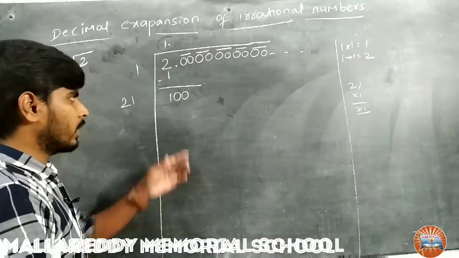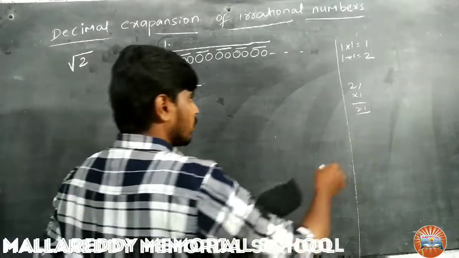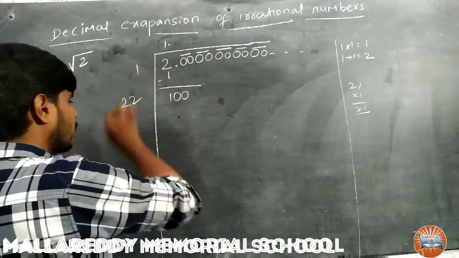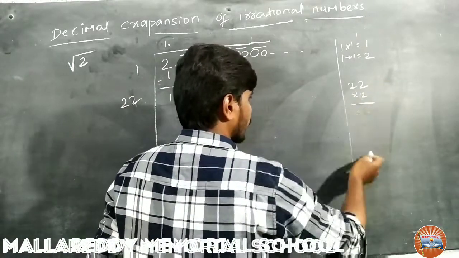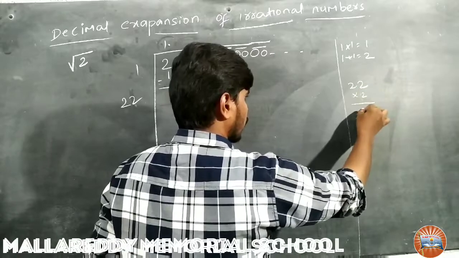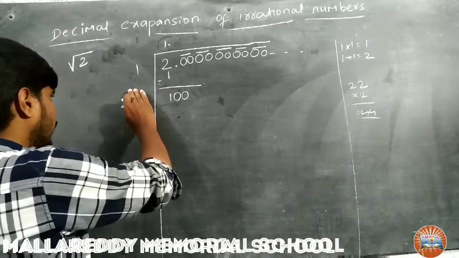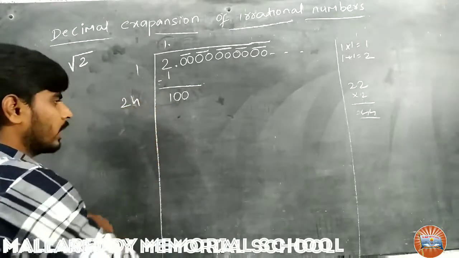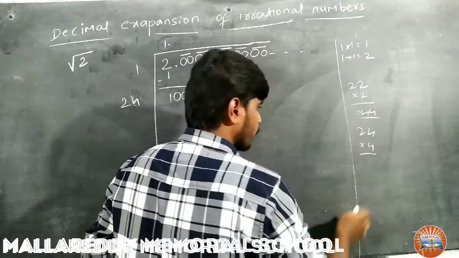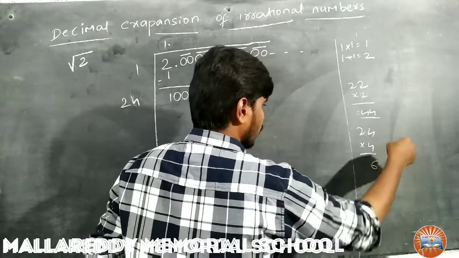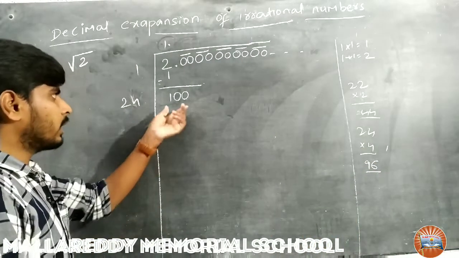21 is very much smaller than 100. We have one more possibility here. Suppose I take 2 here, we multiply with 2. 2 fours are 8, 2 twos are 4, 44 it is. We have another possibility. For example, if I take 4 here, 24 into 4 we have to multiply. 4 fours are 16, 1 carry, 4 twos are 8, 9. It is 96. So 96 is sufficient for this.